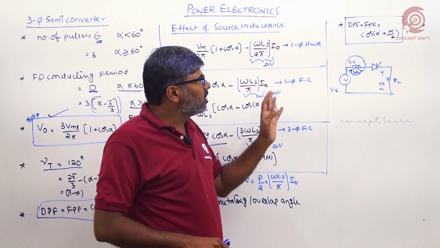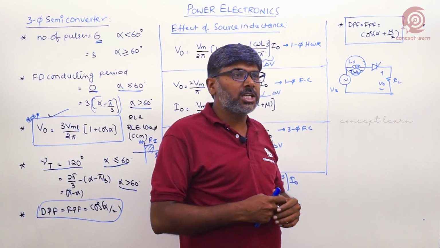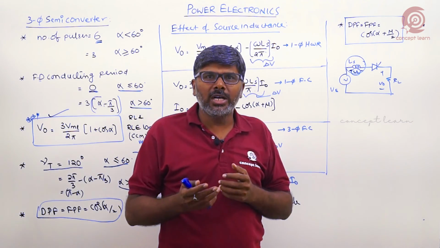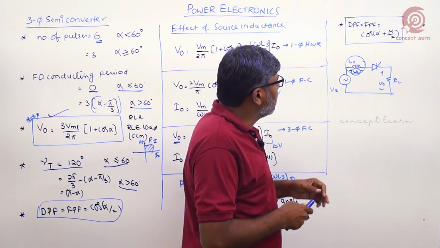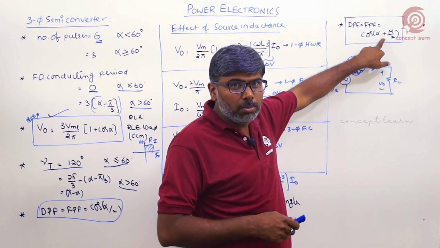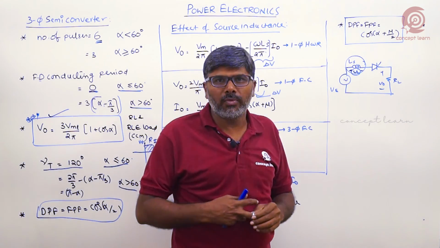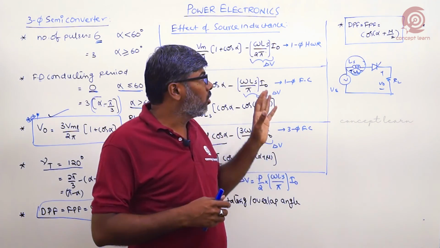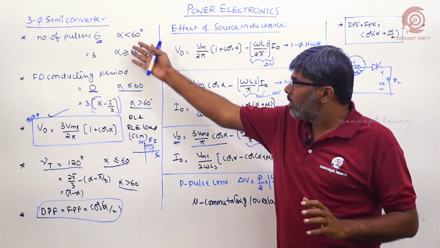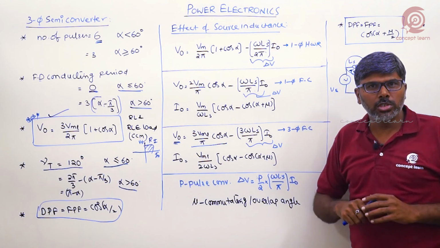Fine. Now coming to the displacement, another important thing is the displacement power factor or fundamental power factor. In the case of the single phase full converter or 3 phase full converter, the fundamental power factor is cos alpha. But here we know that along with alpha there must be some angle, right? This commutating angle mu. So it is cos of alpha plus mu by 2. This is the fundamental power factor or displacement power factor. Very important in the examinations. So this is the first part, the 3 phase semi converter analysis. Next, another important topic according to the examination is the effect of source inductance.